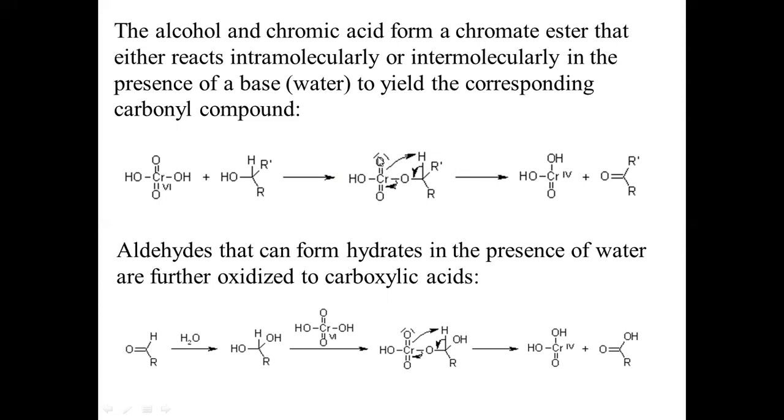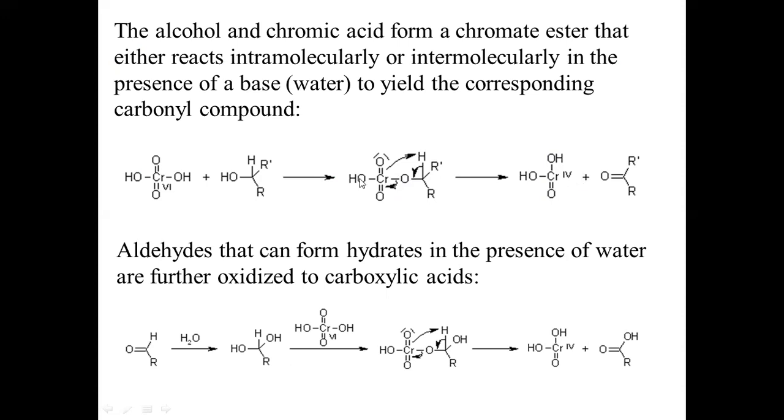So this oxygen, the chromium attached oxygen, abstracts this hydrogen in the form of proton. Then this carbon hydrogen bond pair of electrons are shifted over here. Then this carbon hydrogen bond is cleaved and you get a new carbon oxygen double bond. Previously it was a single bond, now it becomes a double bond. Now the previous chromium oxygen single bond, the bond pair of electrons, are completely shifted onto the chromium metal atom. Then you can see here H2CrO3 is the molecule which is formed.